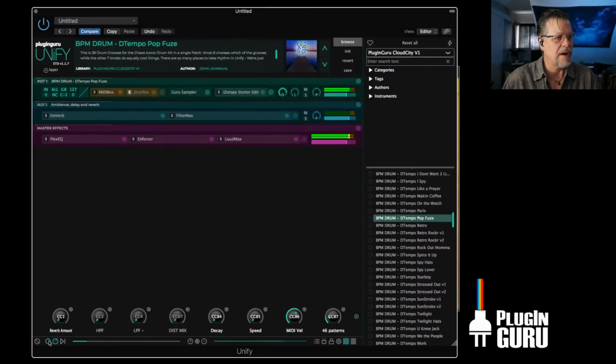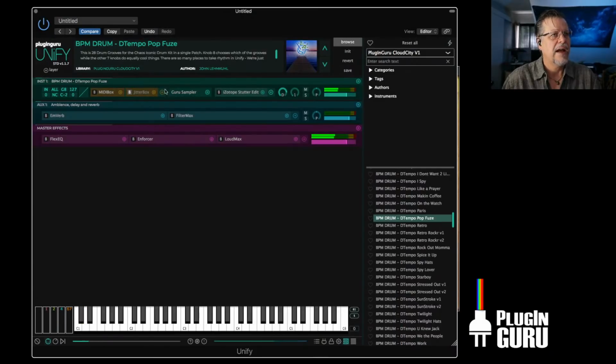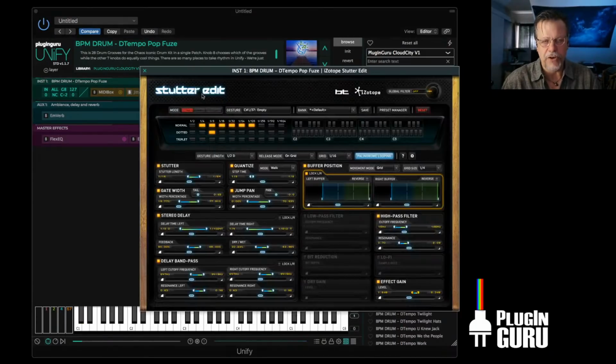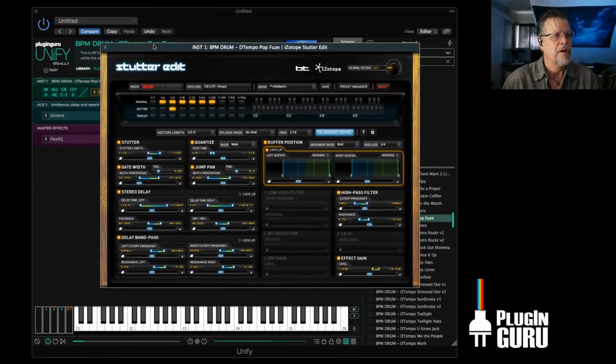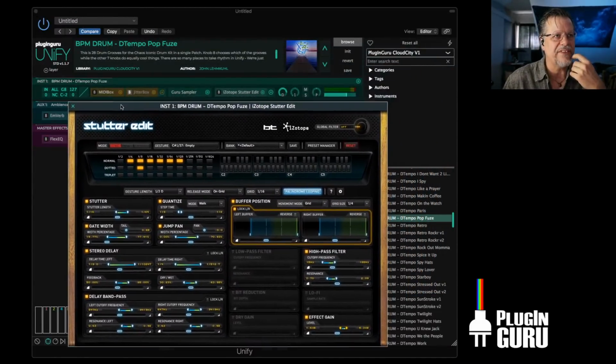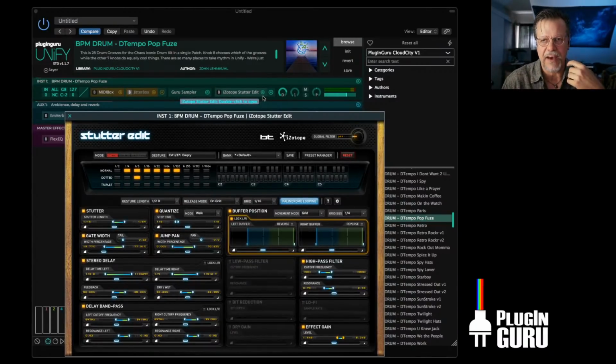So now I can play. I'm playing this note right here. I'll show you that I'm playing. And then you go to Stutter Edit, either 1 or 2, and you can say off. I'll show you in a minute how to do it in Stutter Edit 2. But what's fun with this is that we send MIDI data automatically through to effects. This is something you can't do in your DAW unless it has to be routed through an audio channel. You have to bring it in as a bus. You don't have to do that with Unify. So now I have the regular groove, and then anywhere I play,